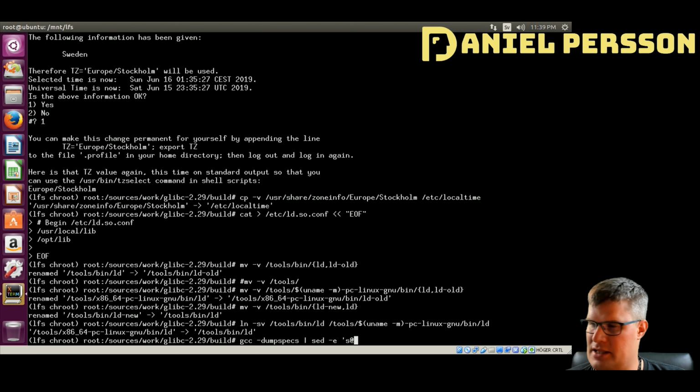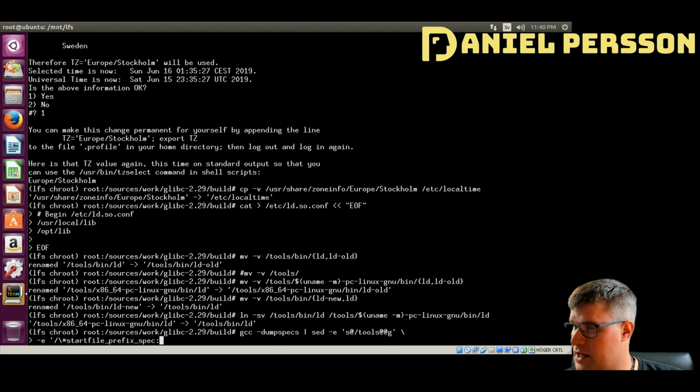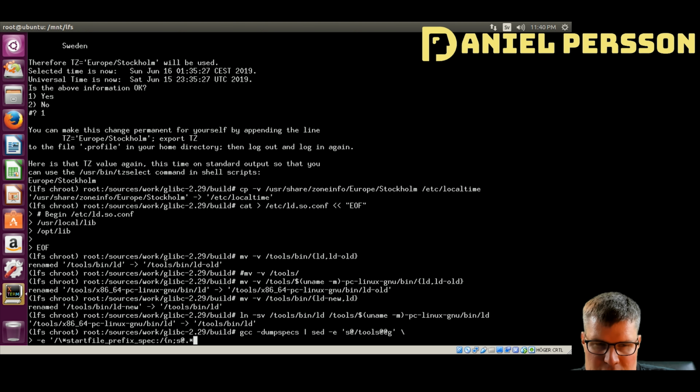and we write this spec file. @/tools @G. Okay, and on the next row we do E // start file prefix spec /n colon s at point star at /usr/lib